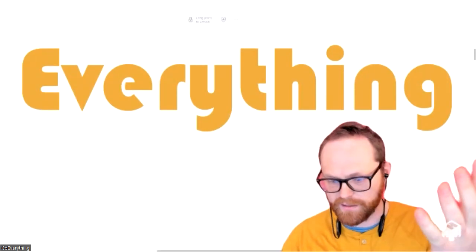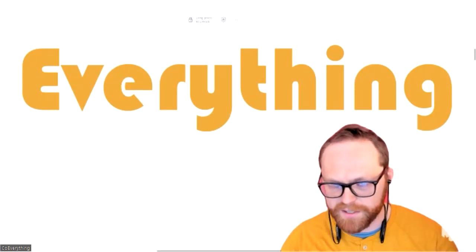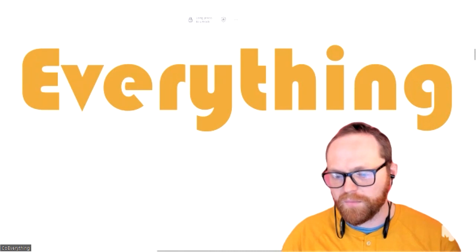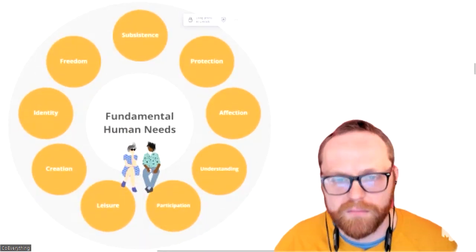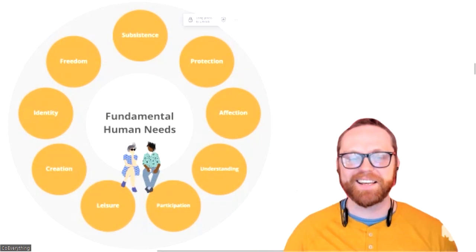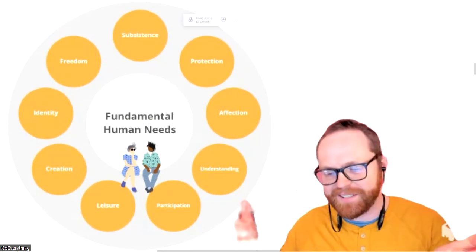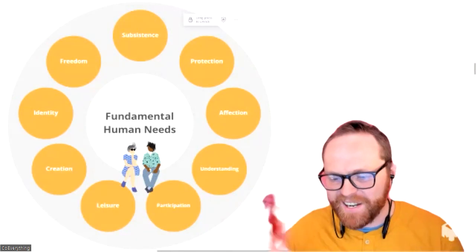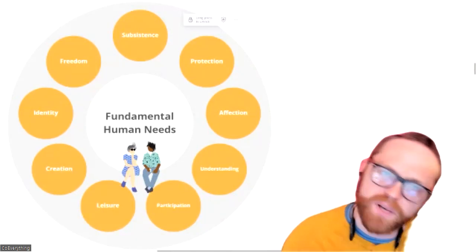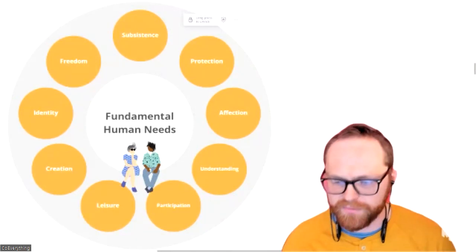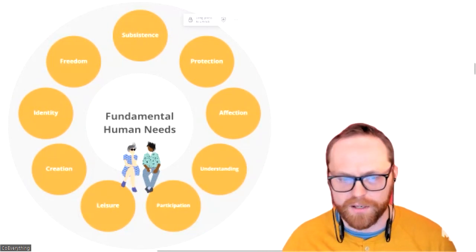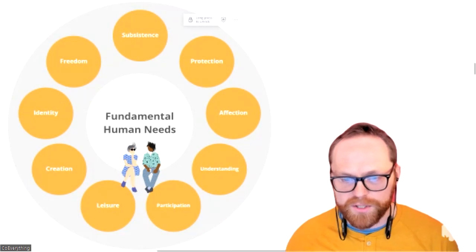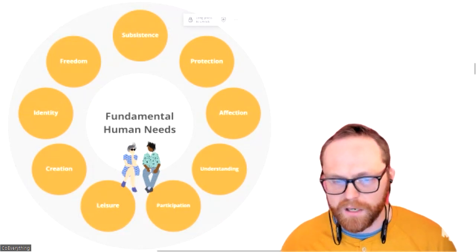Then there's everything. This is only going to take a few minutes. We'll talk about everything. But one of the ways in which we think about everything is, what are all the fundamental needs that we have as humans, right? And this may sound overly philosophical for me, launching into a presentation about my small firm, but it's actually pretty core to the way in which we think about our work.